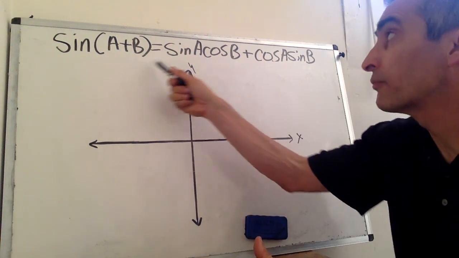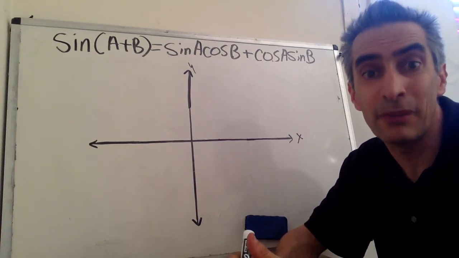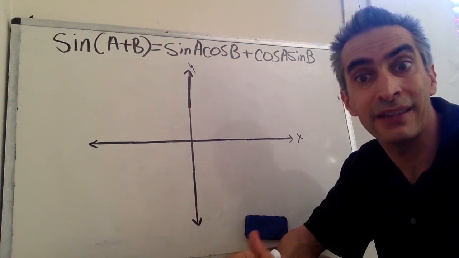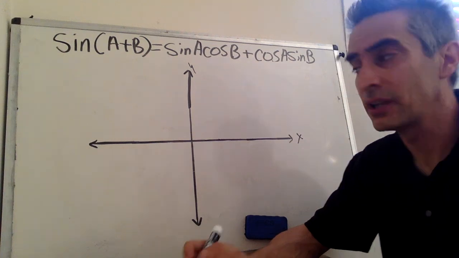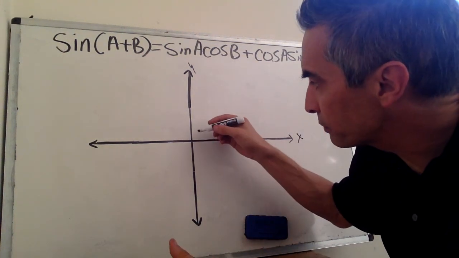Well, here's the sum formula for sine that we mentioned earlier. And now what we're going to do, in order to come up with the difference formula for sine, we have to understand that cosine is an even function. What exactly does that mean, that cosine is an even function? Well, we have an x and y axis here. And if I were to put a